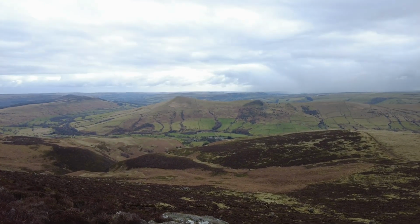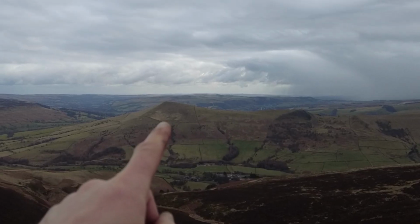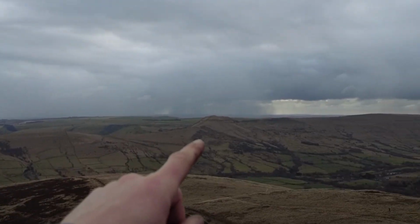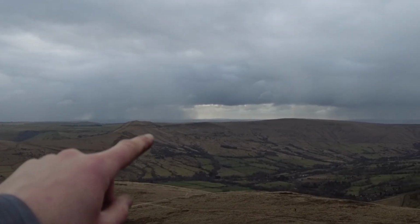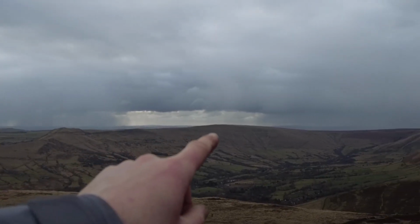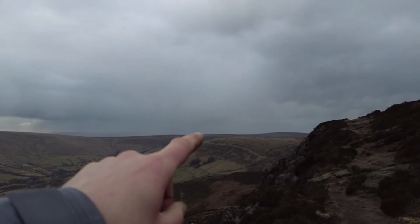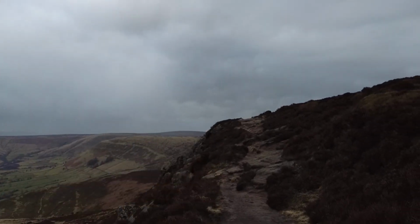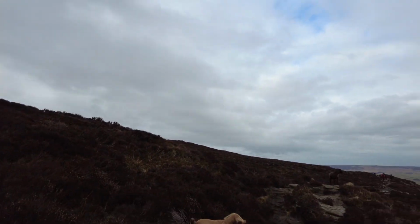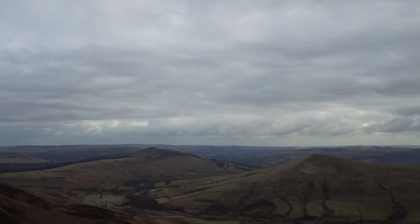Right, so now the snow's gone, the wind's gone, I can explain what we've done today. So over there is Lose Hill, where we started. Then we walked all the way along until we got to Mam Tor, went down to where that road is, back up, went along the ridge all the way along till we got to Brown Knoll, and we carried on going all the way around till we got to Kinder, and now we're coming round here, and we're gonna carry on until we get to Win Hill there, and then we'll drop back down to where we parked the